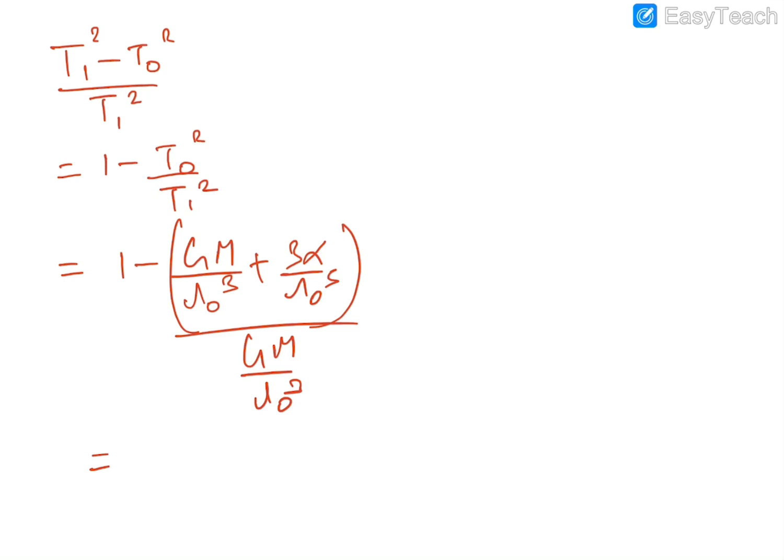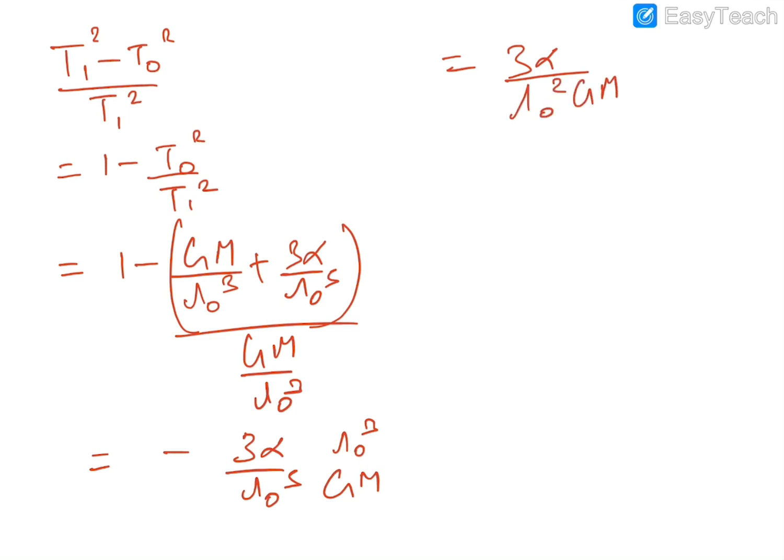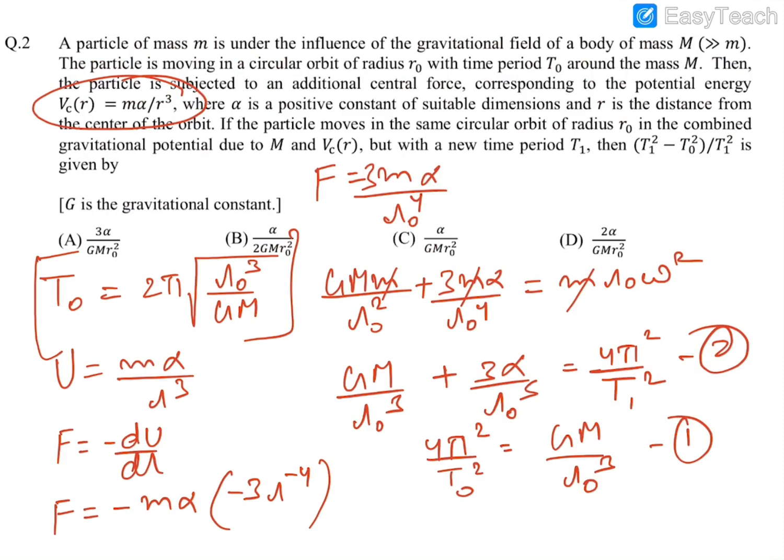So this will be equal to minus of 3 alpha by R naught to the power 5 divided by Gm by R naught cube, and you can see that it would be 3 alpha by R naught square Gm. Now you can see that there is a difference of negative sign. So this negative sign is occurring due to the fact that obviously this force is minus dU by dr,